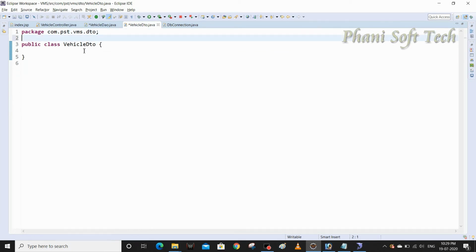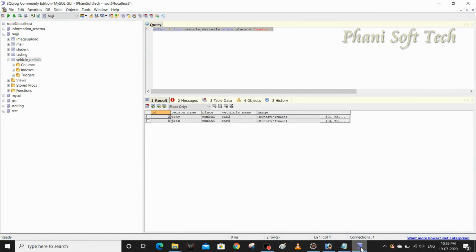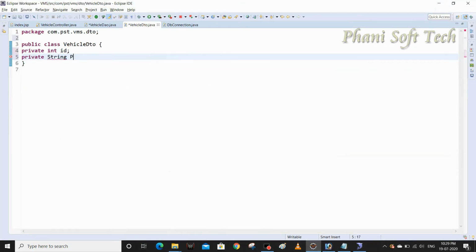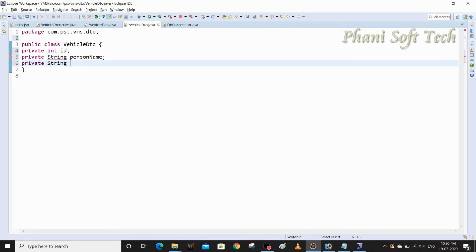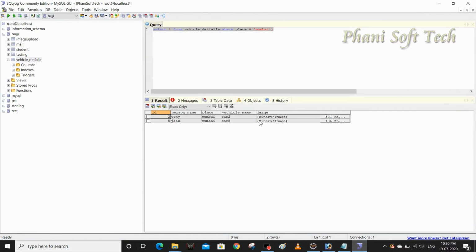So my class name is VehicleDTO, and I have private attributes. The first one is the ID, sorry, it should be an integer, private int id. The second one is the person name, private String personName, then private String place. Then what about the next?